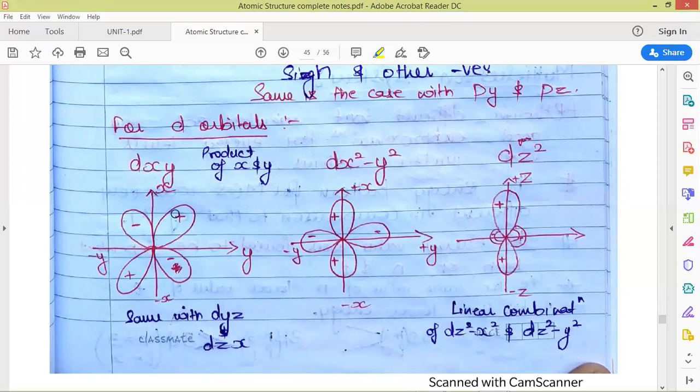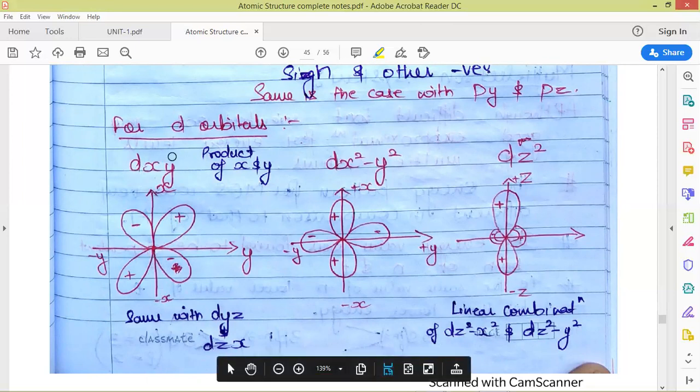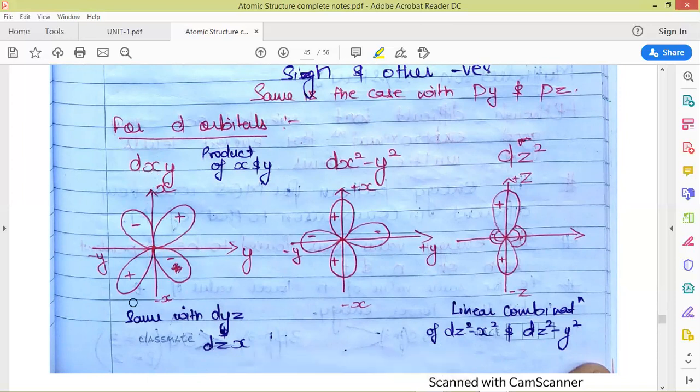So the sign of the direction is going to be positive, and here y is positive and x is negative, as this orbital is formed by the multiplication of these two values of x and y. So here the sign is negative. Coming to the third quadrant, y is also negative, x is also negative. So multiplication of both will give us positive, and here y is negative and x is positive, and multiplication of both will give us a negative sign. Similar is the case with the yz and the zx orbitals, where positive and negative are just representing the directions.